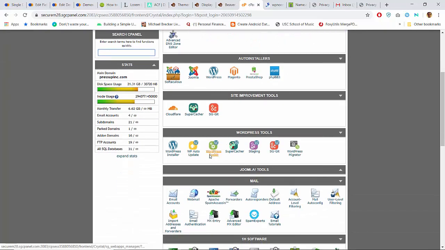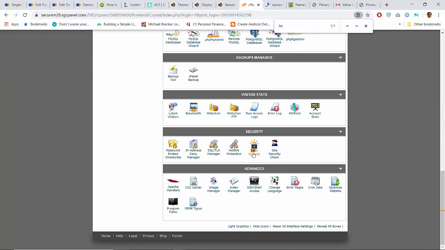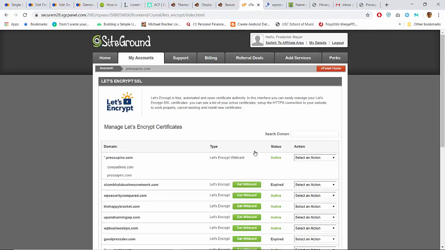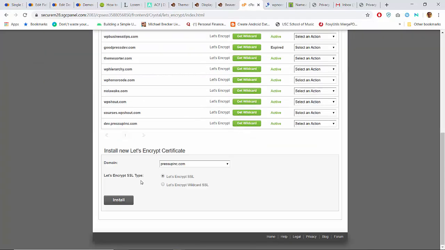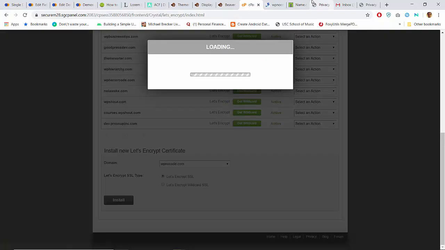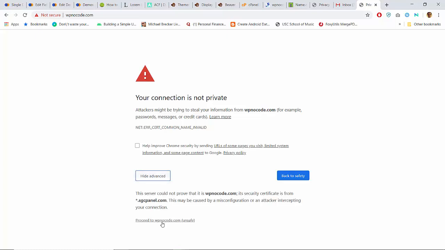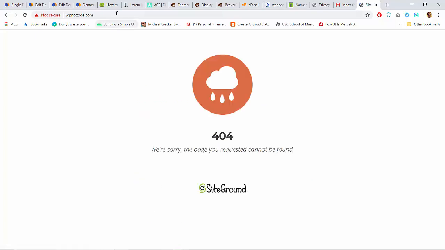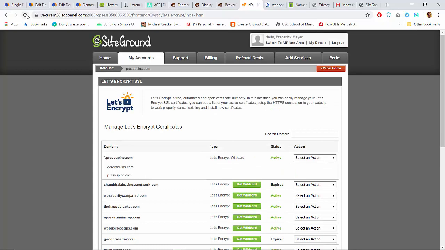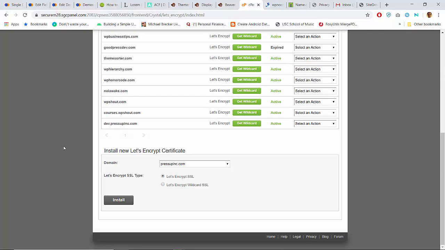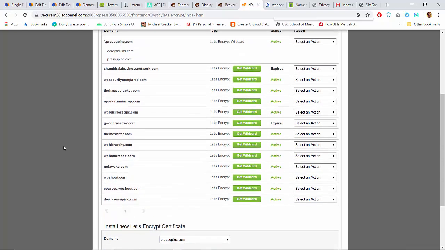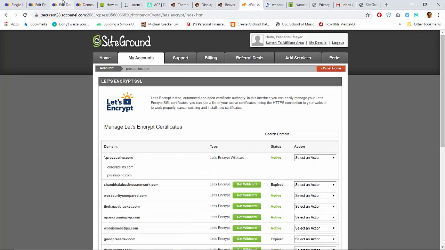So we are going to go to Let's Encrypt. SiteGround offers free SSL certificates, which is awesome. And we're just gonna go to WP No Code. Okay, and it says, SSL certificate successfully added to the installation queue. Unfortunately, it takes a few minutes. While we're doing that, we can just go to WP No Code. Okay, and it's 404s. All right, so let's let the SSL certificate get created. I'm not seeing it yet, so WP No Code. All right, so while we're waiting,